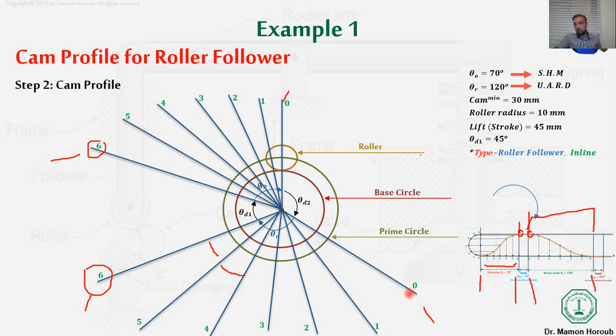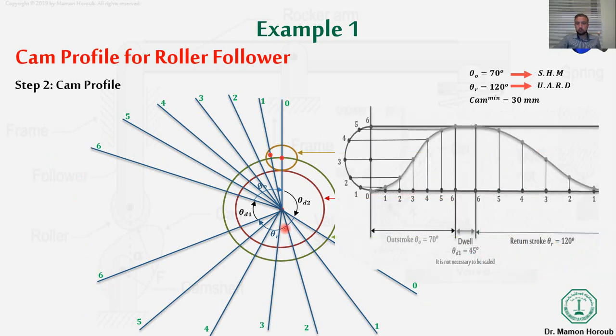And this makes sense because here we said we have another dwell, right? And this dwell should be 0, 0. And here the dwell should be the same number, 6, 6. Okay? The second thing is that we'll start to reflect what we have done in the displacement diagram on our